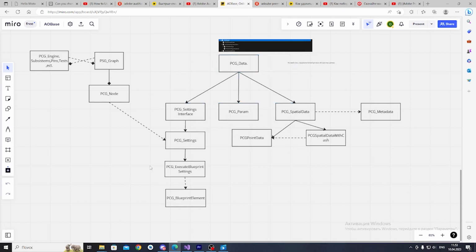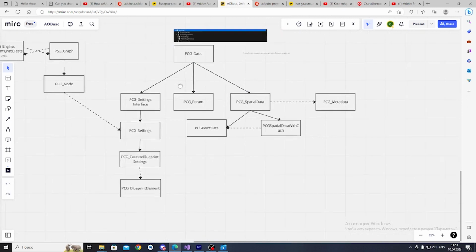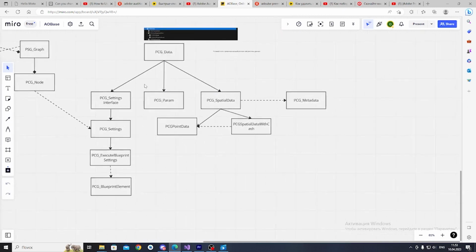Now, from the data class that exchanges the data between settings, there are currently 2 types. The one initially included in the engine is PCG params, which is responsible for all parameters, and the spatial data class, which all possible